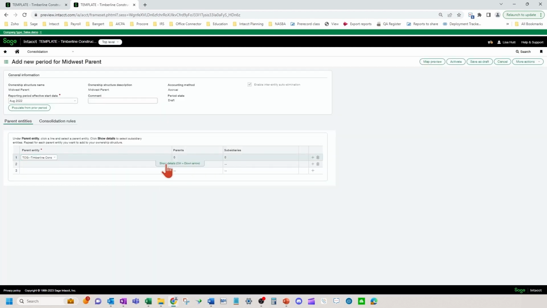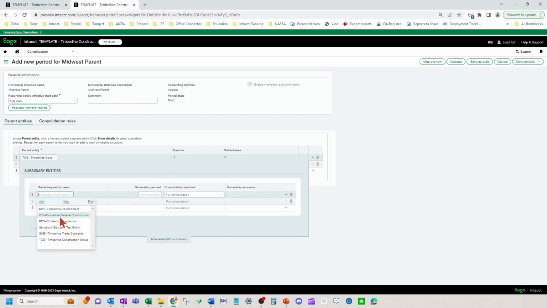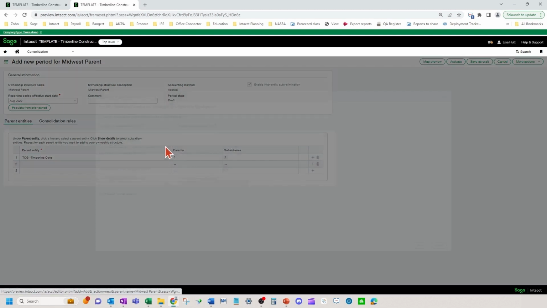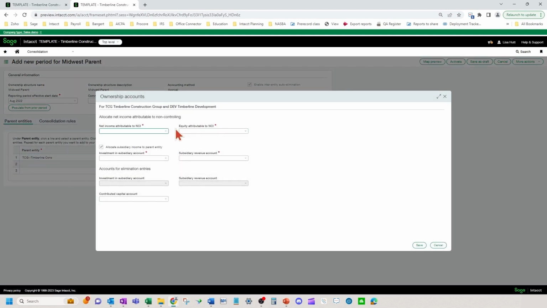We've got our subsidiaries here. And you can make different ownership percentages each month, even if you want. Because remember, I'm doing a period. And you can do your non-controlling interest and your different setup here for your investment in subsidiary accounts and such.